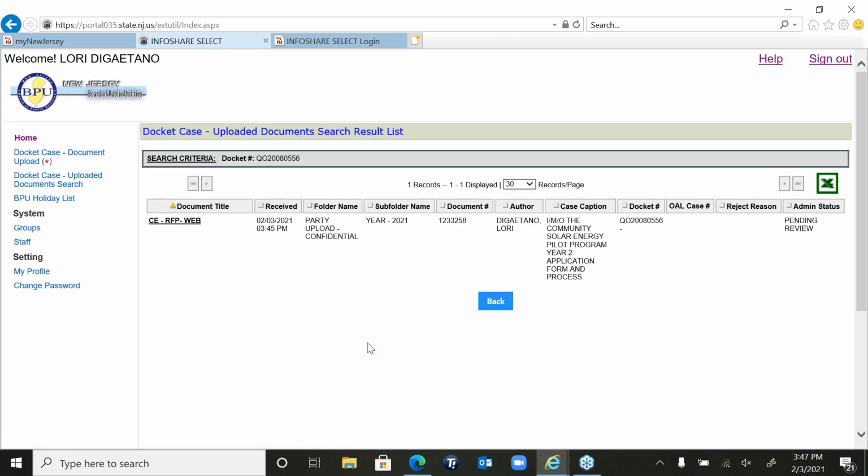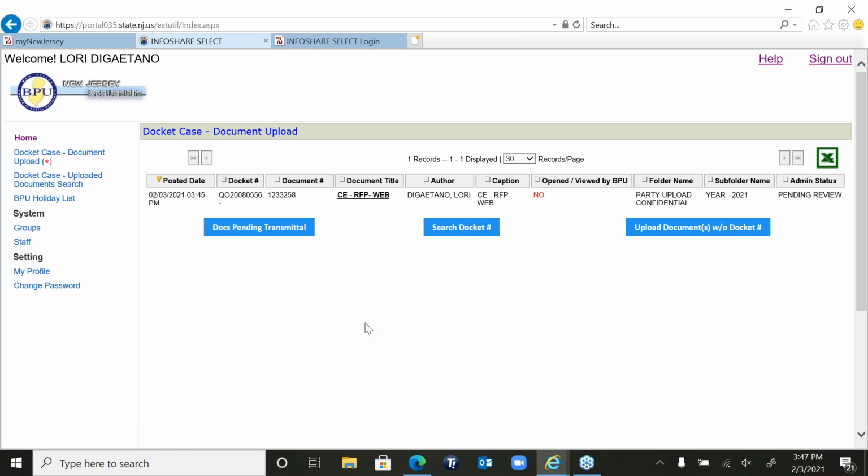And then it would list exactly what has been sent. Okay, so in this case, you see the one that I just sent prior, and it has the date and the timestamp. It has information regarding what the docket is, and this is just general information for the system. Okay,